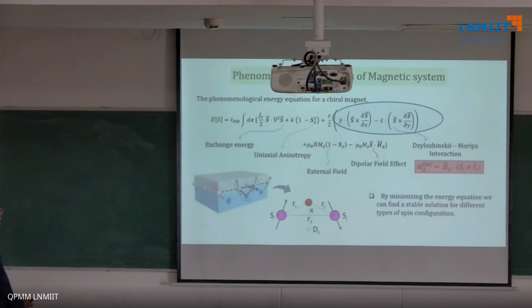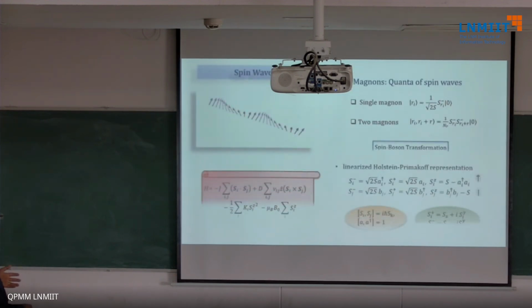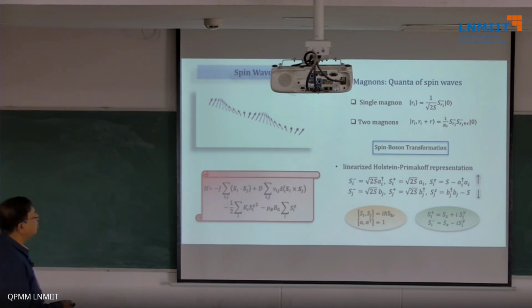Coming to a little bit of magnetism, I'll not spend more time on that, but this is also an equally complicated problem. There are too many terms there. You have a term called the exchange energy, which is the Heisenberg exchange, J S_i dot S_j, most of you are familiar with. The uniaxial anisotropy, then there's something called a Dzyaloshinskii-Moriya interaction, and so on and so forth, and there is dipolar interaction, etc. So with a Hamiltonian having so many terms, it became very difficult to solve in a closed form.